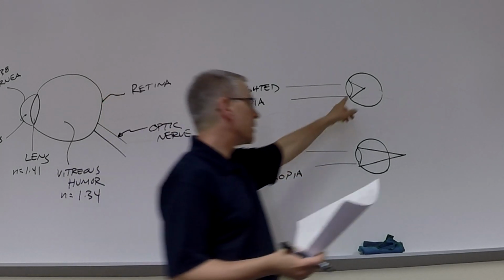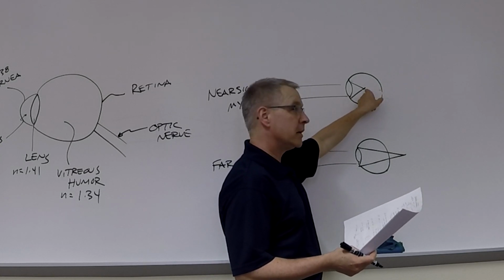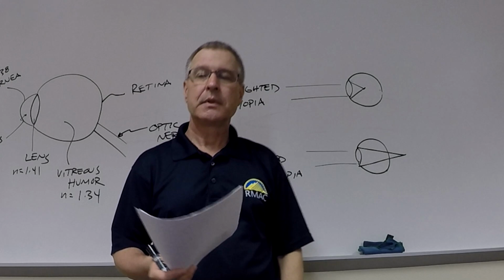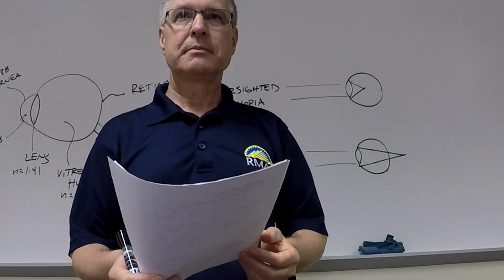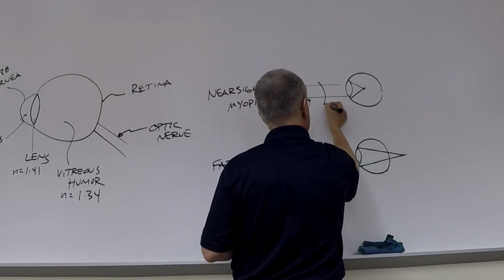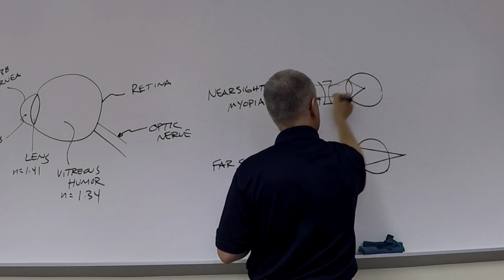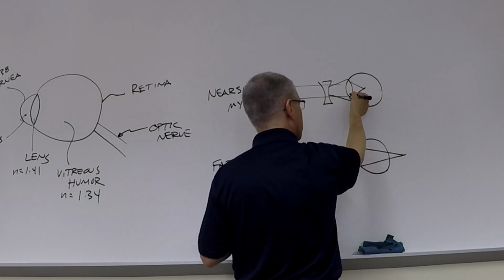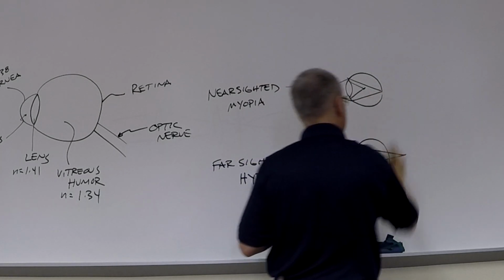To get those rays to cross back here so we get an image formed there, not an image trying to form right there. If those light rays are converging too much, we'll use a diverging lens. So if we stick a diverging lens out front here, then that's going to make these light rays go like this first,